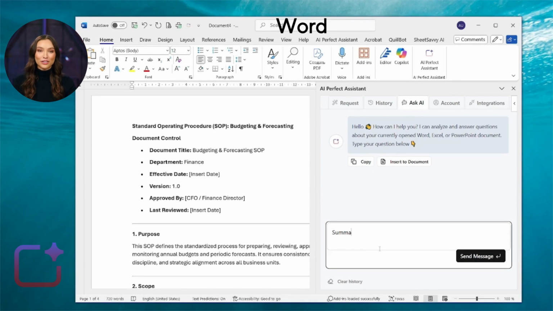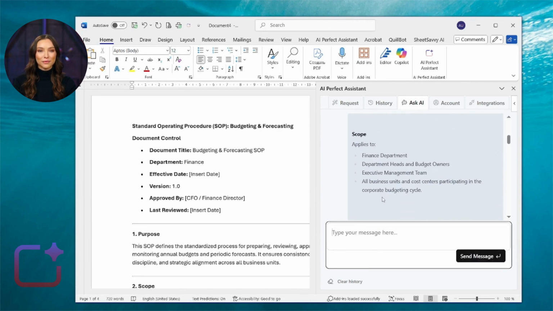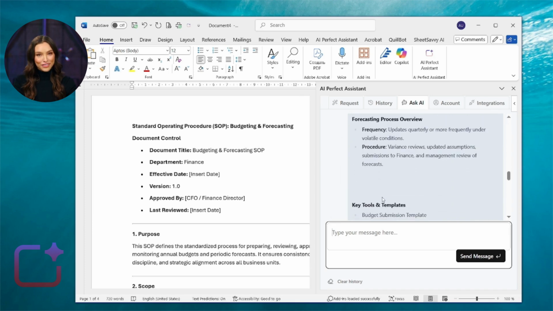We'd like to present you AI Perfect Assistant, an integrated add-in for Office 365 tools. Working on a Word document, you can literally chat with your file, summarize, ask questions, or draw conclusions. You can just use the Ask AI chat and create a summary of your doc, extract key points, or get all